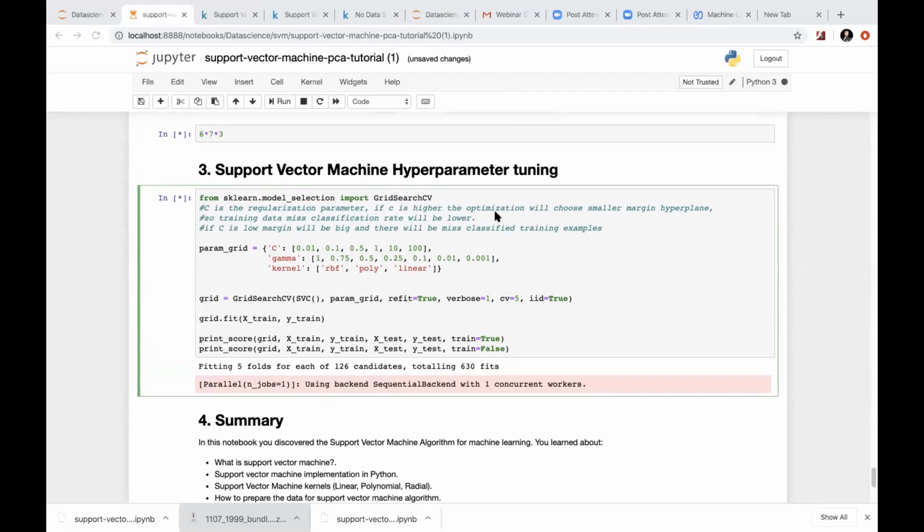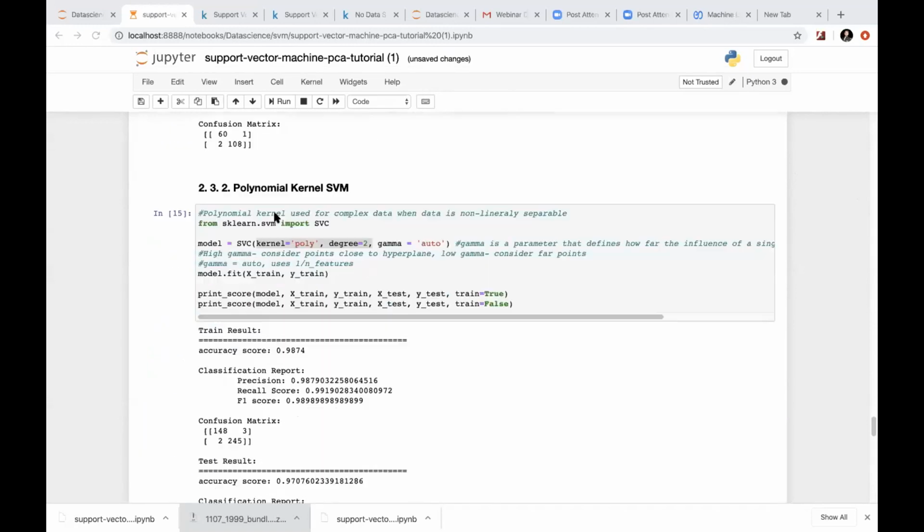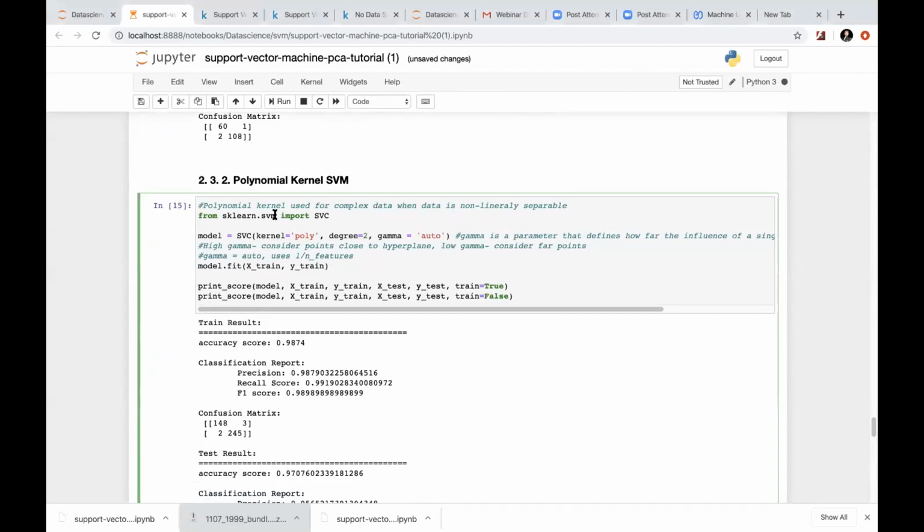Guys, if you have questions, just quickly let me know, because running this grid search will take time. As you can see, one iteration of this polynomial kernel SVM took around 30 seconds. So if you have 126 different iterations to run, then it might take even longer, you can do the mathematics.